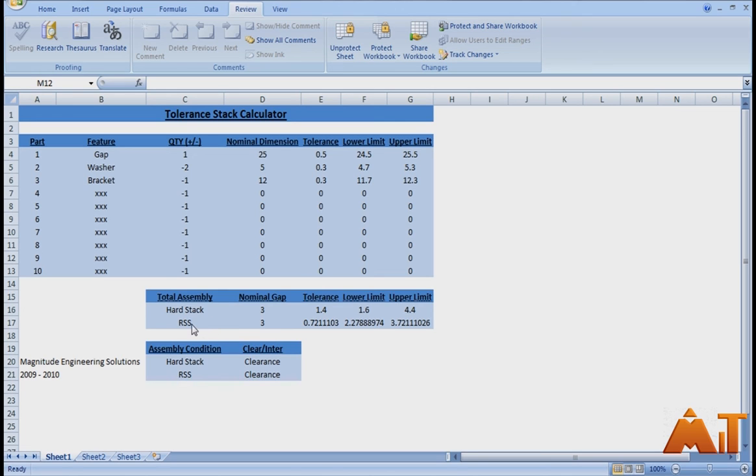And just so you know, what RSS stands for is the root sum squared. So it's the root sum squared of your tolerances. So what we're going to do in the following tutorials is I'm going to give you a few examples